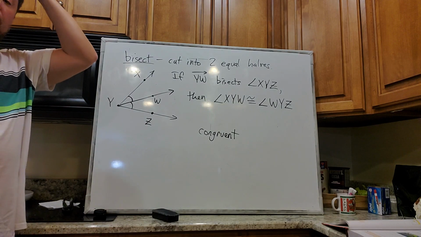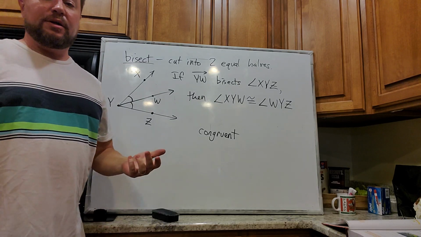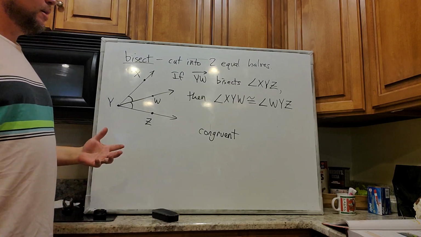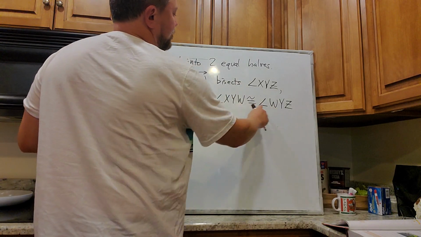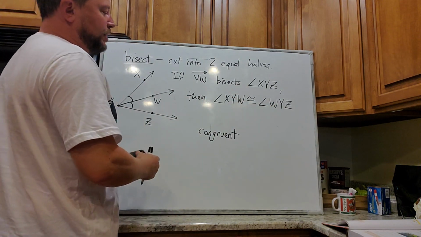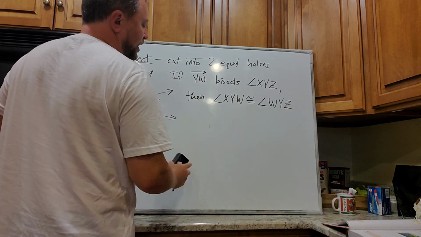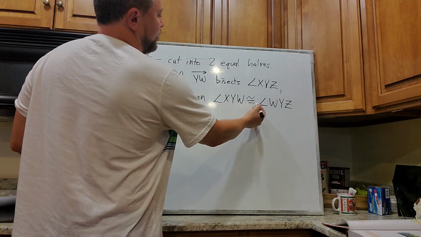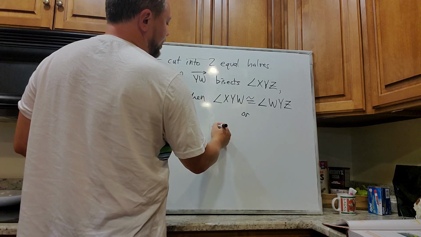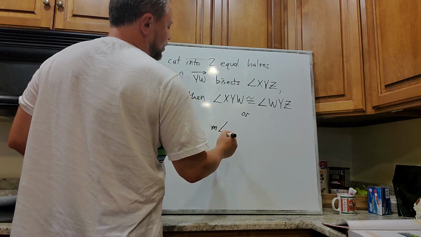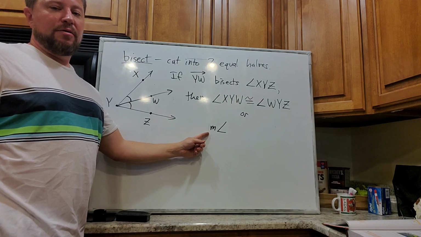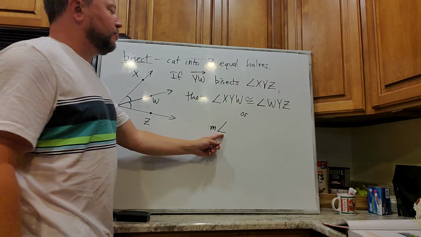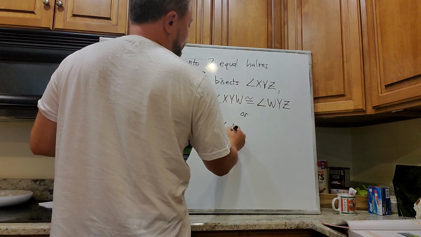Now, whenever you're dealing with angles, of course, we're going to be talking, as I said earlier, about their measurements. So something else I want to point out here is that when you make a statement like this, that those two are congruent, that would be the same as saying that they have the same measure. So I'm going to put, they are congruent, or we could say that, now you see that little M I put in front of the angle there? That little M means measure. So the measure of angle XYW